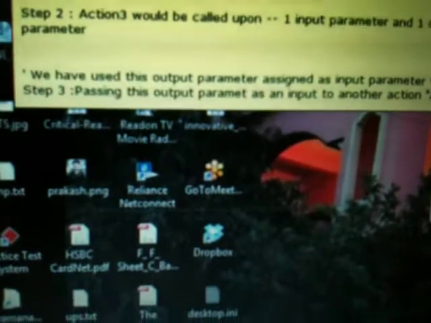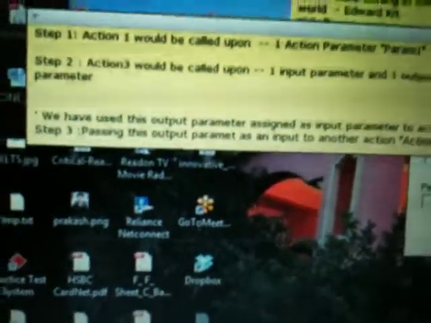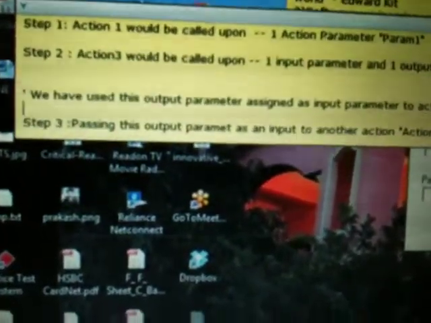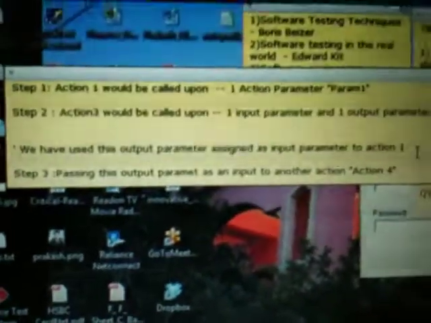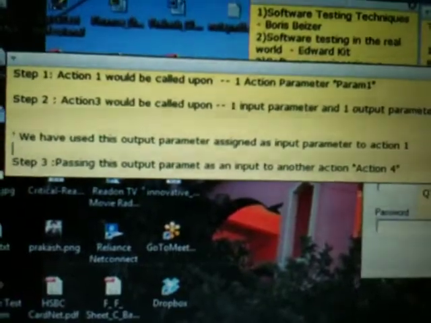This is just a single step I have done. It's not necessary that you should use this. We can directly pass parameters from one action to another, but just for your simplicity I have used it. Now let us run the script.